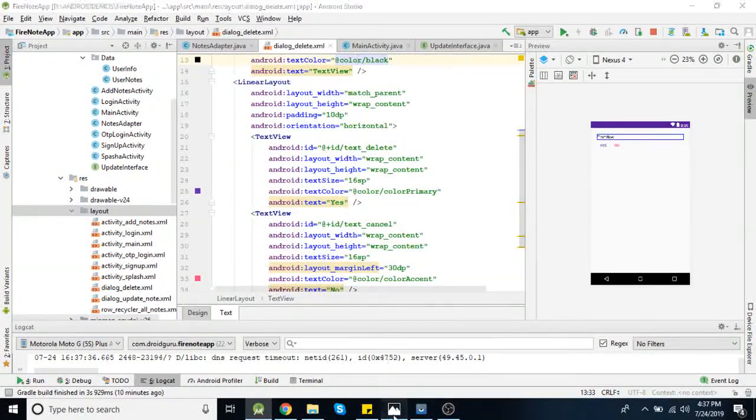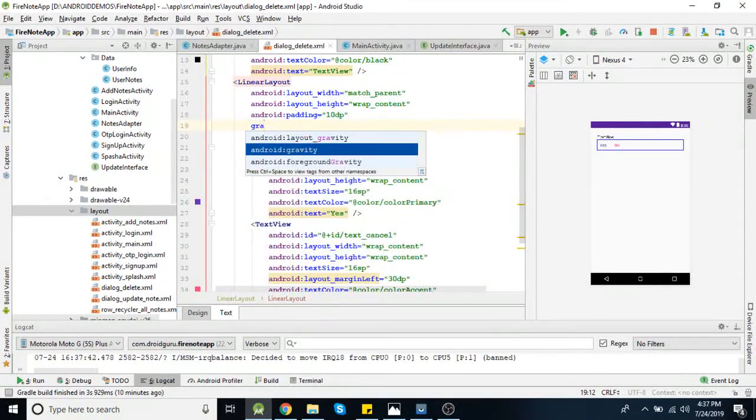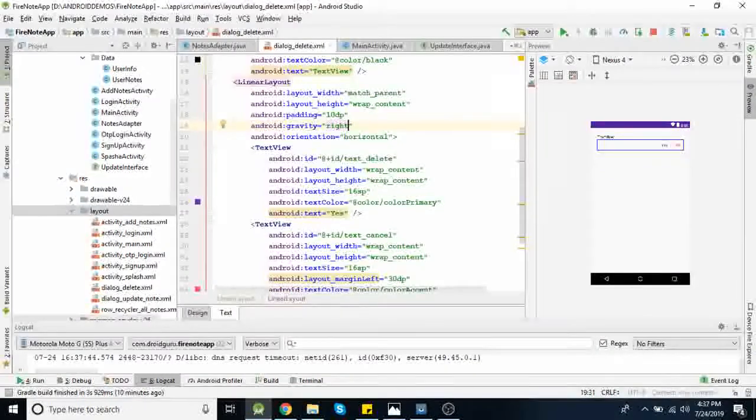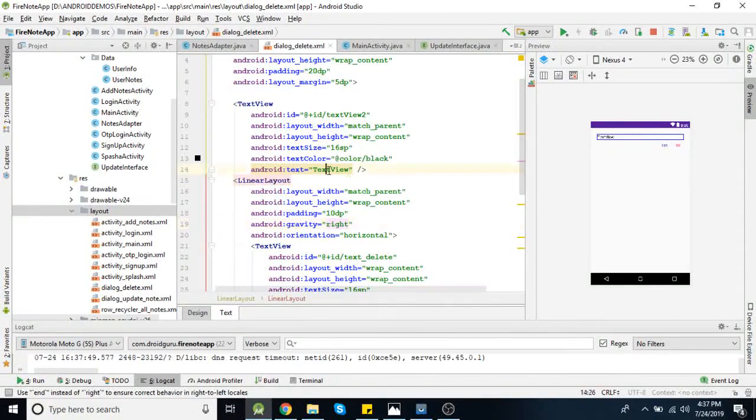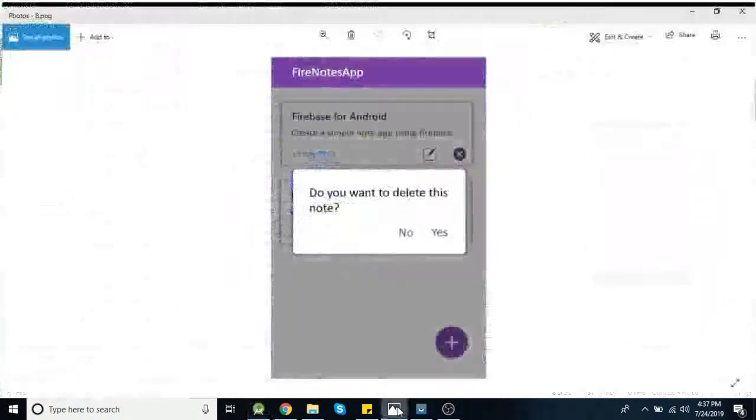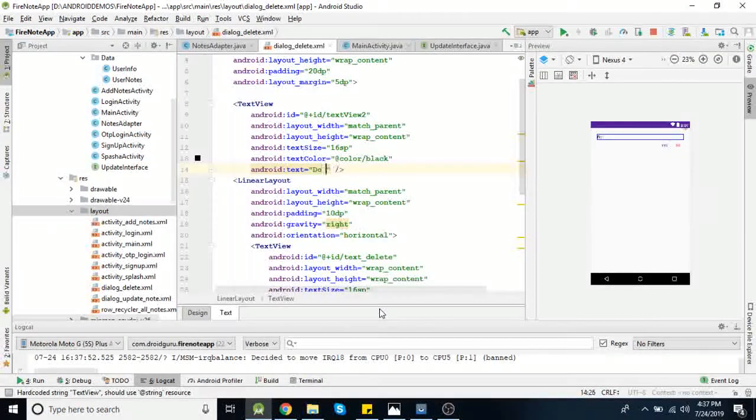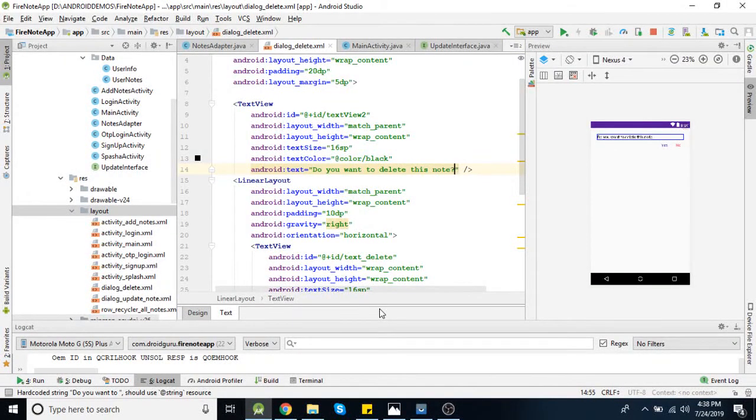Now we need these options to be at right, so let's set gravity as right. And the message will be like, do you want to delete this note?